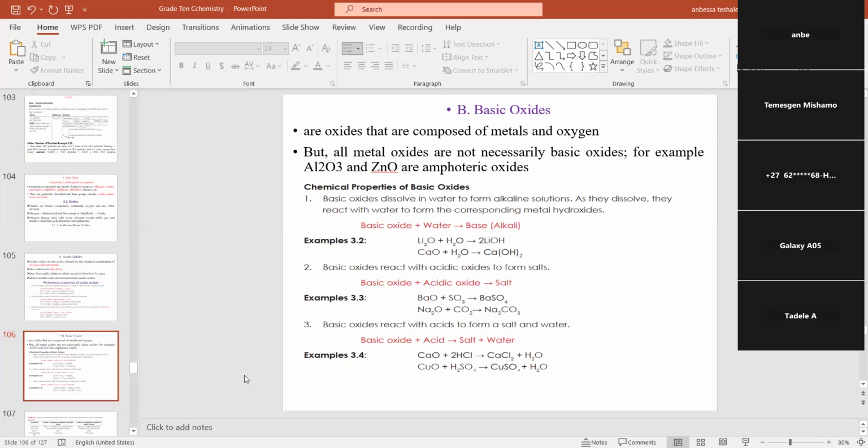Acidic oxide ላይ ያልነው ነው። Other thing is basic oxide reacts with acid. It forms also what? Salt plus water, because ቅድም acidic oxide ከቤዝ ጋር ሪያክት ሲያደርግ ሳልት እና ውሃ ይሰጣል እንዳልነው ሁሉ ቤዚክ ኦክሳይድ ደግሞ አሲድ ጋር ሪያክት ሲያደርግ ሳልት እና ወተር ይሰጣል ማለት ነው።